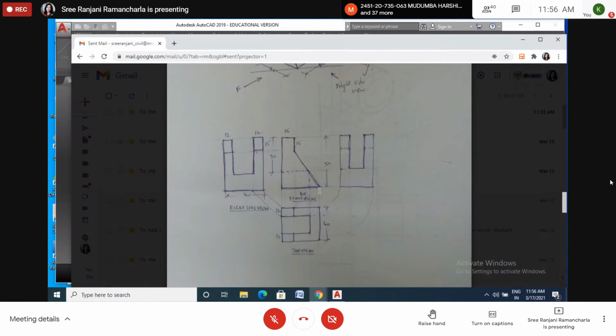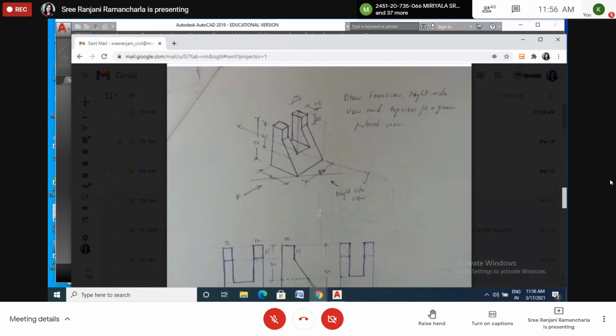Okay. Now if you are drawing this one first, you take some distance. It's not that you have to take this much; it's not like that, just some distance. Then project it here and project it here. Just see the width. That's it. The width is 40.